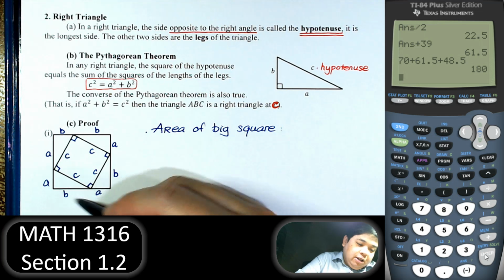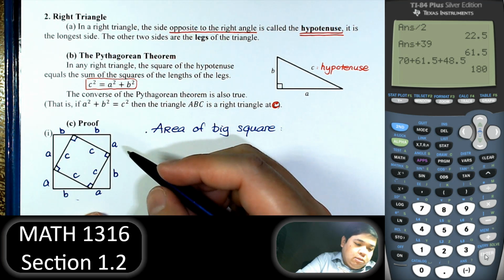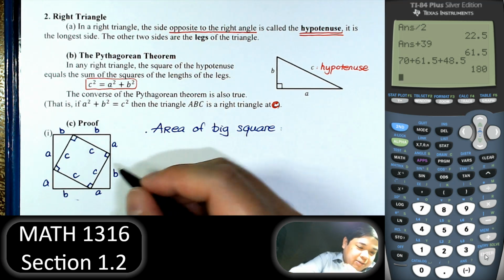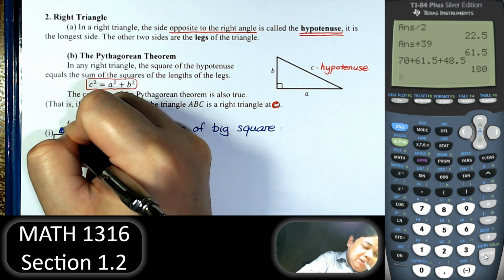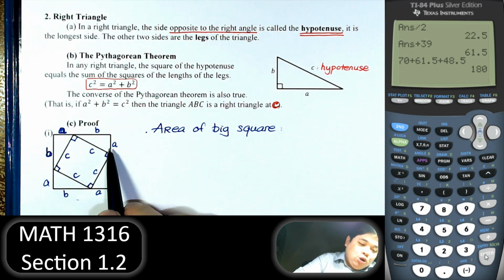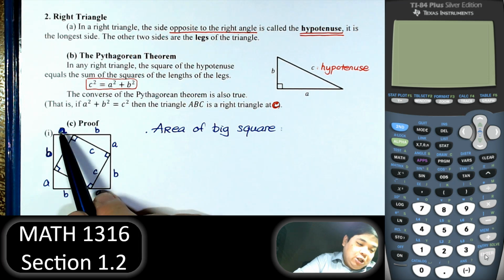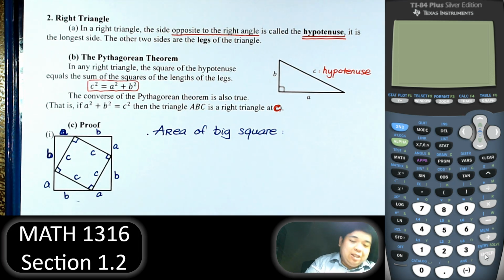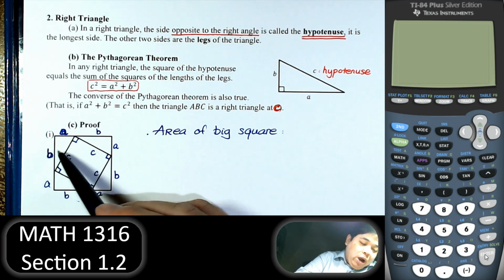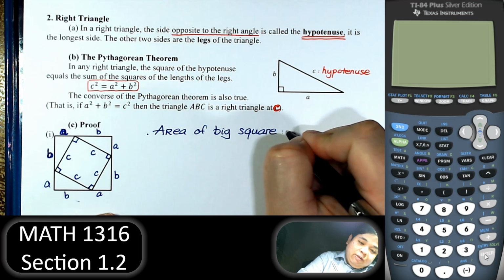The shorter side is A, the bigger side is B, the hypotenuse is C. So this is A, B, A, B, A, B, A, B. On the big square, we have the side A plus B, so the area of that is equal to